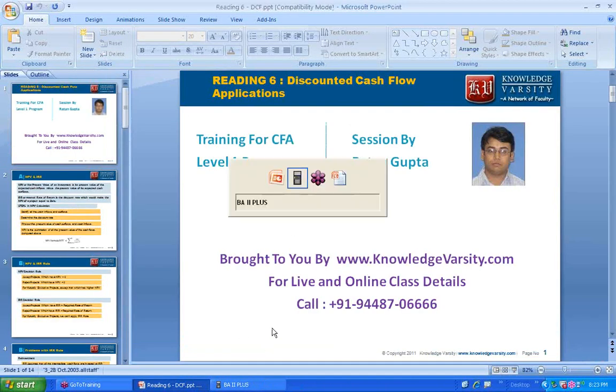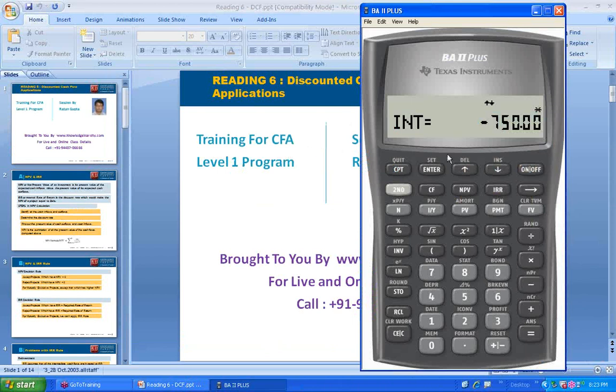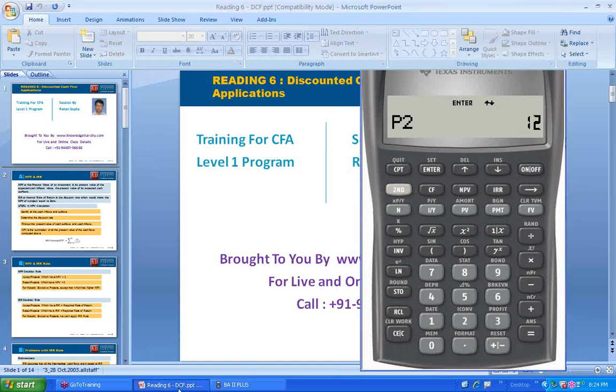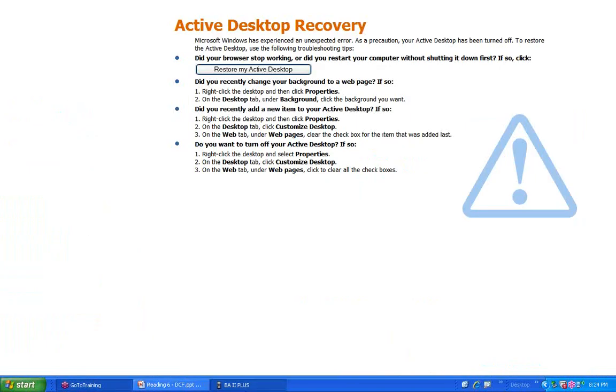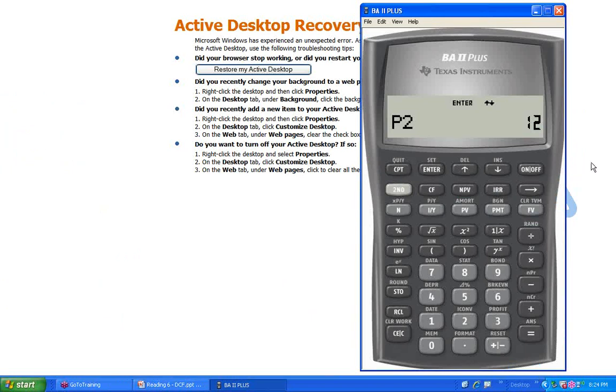Right now what we see is that the interest you have paid is 750. Now if you go down, you will be back with P1 and P2. Let's say I want to know how much principal you paid between the first month and the 12th month, that is, in 1 year how much principal and how much interest you paid. So P1 is 1, and we will change P2 to 12.